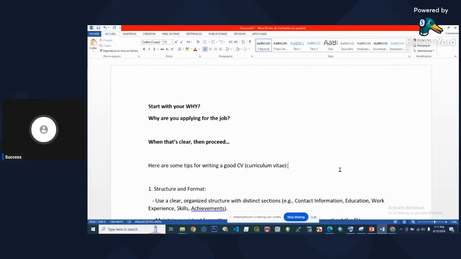There's this scenario that people do: you write one CV, one cover letter, and you use it for every job opportunity that you have. No, I believe, and that's the standard way of doing things, that you need a separate CV for each opportunity. Even if they are the same role, let's say both of them are for an accountant, companies have different goals, you understand? So you need to understand why you're applying. You need to read through the descriptions.